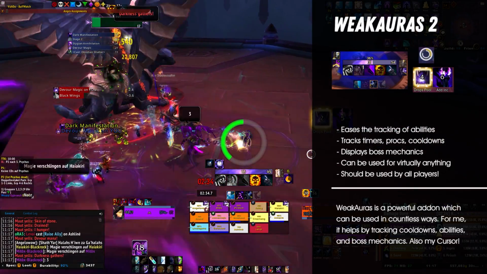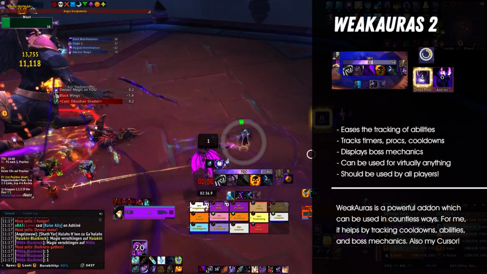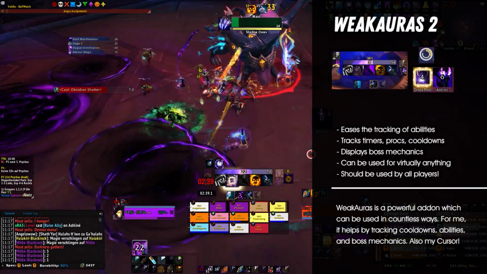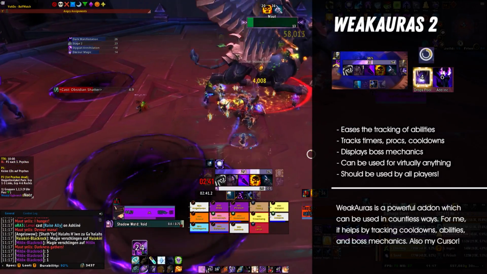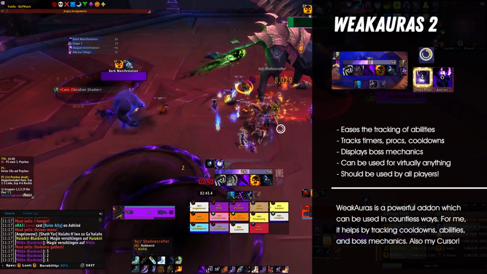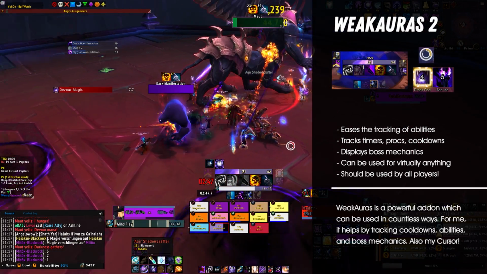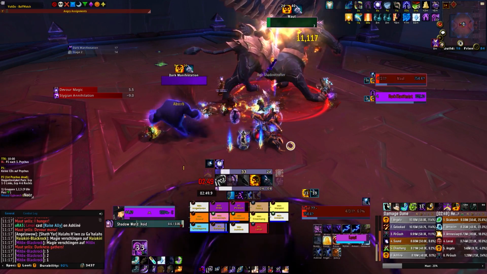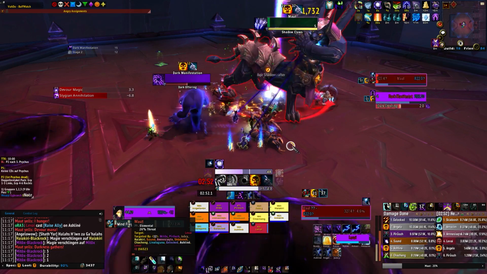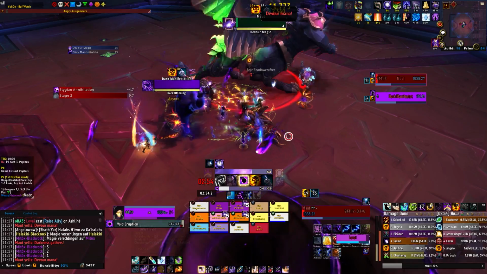A specific list of my WeakAuras should appear on screen now. Special thanks to all of the people who create these awesome WeakAuras for us to use. I think this game would play vastly different were it not for those great minds making our game more enjoyable and easier. WeakAuras is a great way to make otherwise complicated or weird aspects of the game more structured and